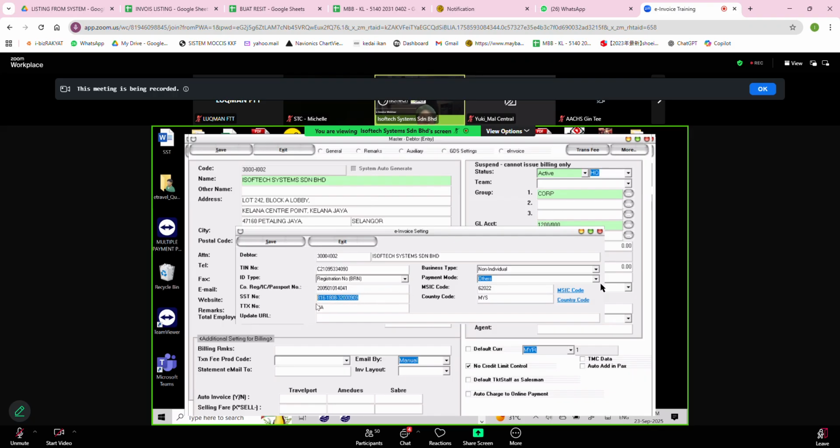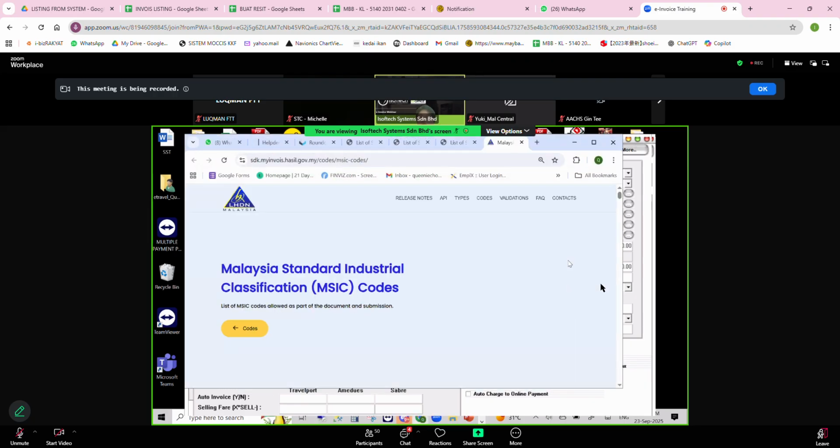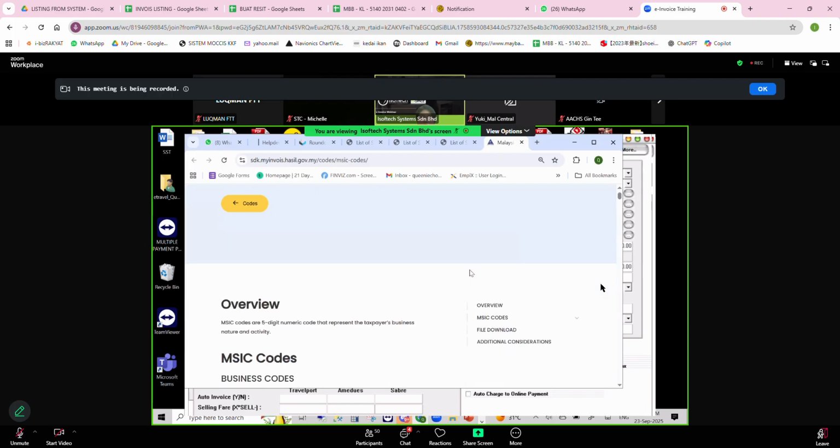If they have SST, then you must input the SST number. The TTX is actually the tourism tax number. If they don't have it, then you just put NA. For their MSIC code, if you have it, then you just input it. It is better to get it from them. If you are not sure, you just click here and then key in,